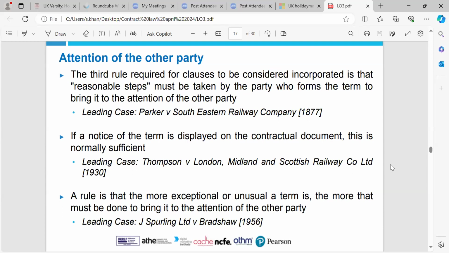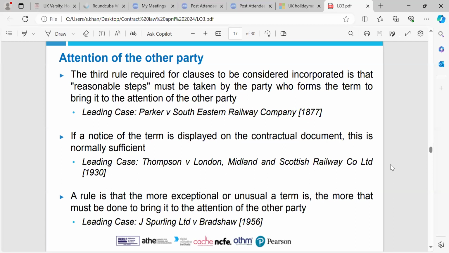The objective consideration is highlighted in this case, where it was held to be irrelevant that the individual was illiterate. If this fact is known by the party supplying the document with the terms, for example, it was plainly obvious that the individual was blind, the term would not be incorporated. Terms can also be incorporated by referring